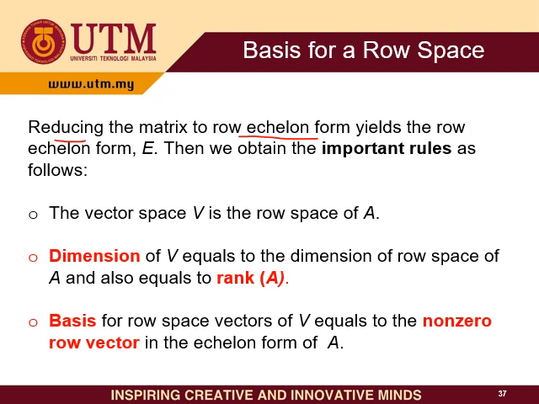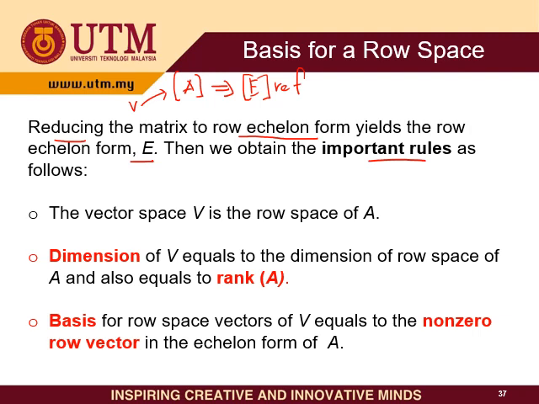Then it will yield the row echelon form E, same as before. Remember, in the previous part we got our matrix, but from now we have vectors. We change our vectors to matrix A, and then we make it into matrix E, which is our row echelon form matrix. Then from this matrix E, we obtain the important rules as follows. 3 important rules that we obtain